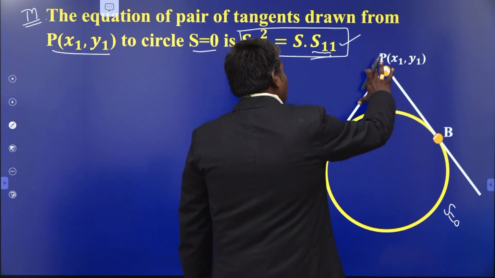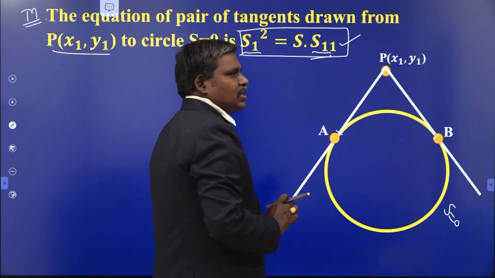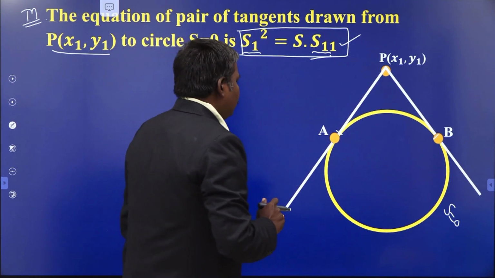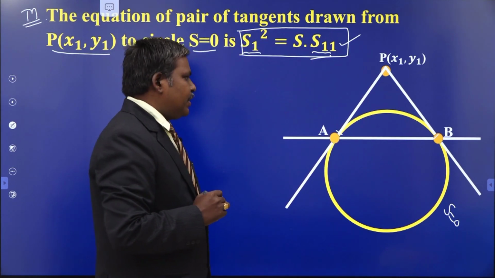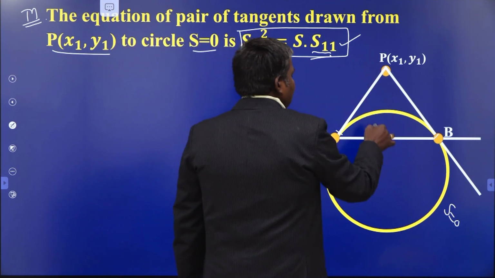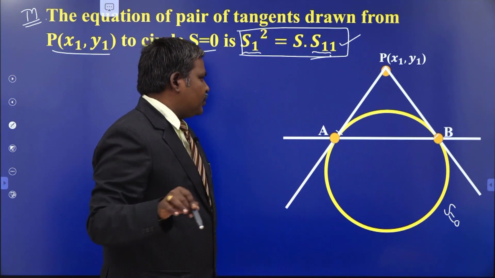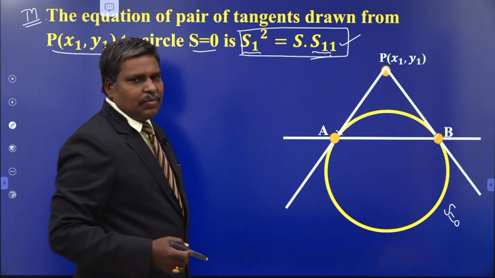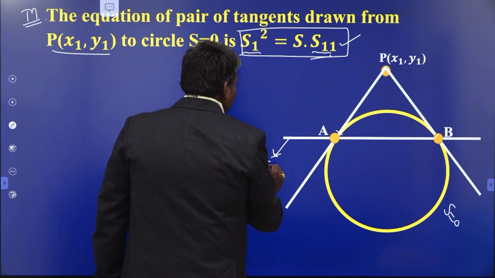You have to find the locus of the point which moves on the pair of lines, that is APB. My dear student, I am asking one question to you. If you join A to B, what happened? The line AB is nothing but the chord of contact of P with respect to the circle. Am I correct or not? Take an external point, draw the tangents from P to the circle, they touch the circle at A and B, then the secant line through A and B is called what? Chord of contact. This is the chord of contact of P.